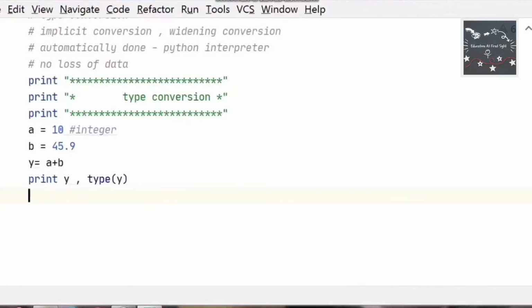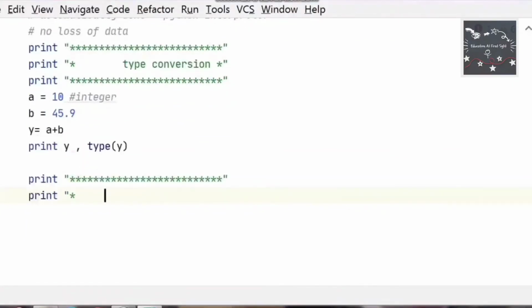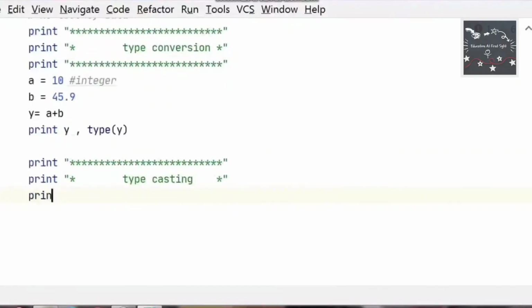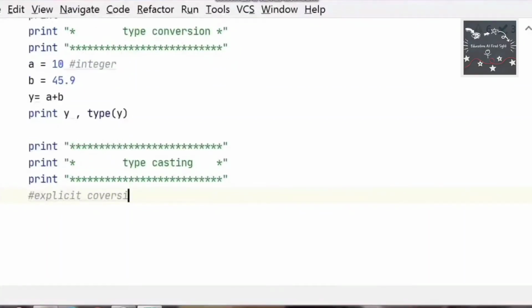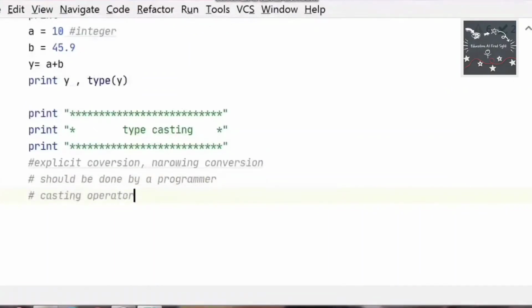Let's see about typecasting. Typecasting is also called explicit conversion or narrowing conversion. It is not automatically done by the Python interpreter, but a programmer should do it. It involves the use of a casting operator.